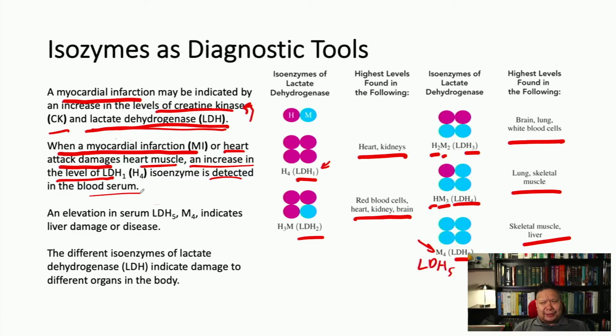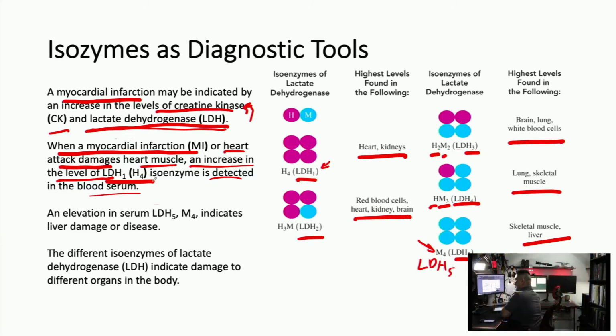And we're like, that doesn't sound right. You should probably go to the hospital and get checked out. And while she was at the hospital, they checked her levels of LDH1 in the blood serum, and they weren't elevated, so she didn't have a heart attack. I thought it was a heart attack, but I'm not a medical doctor. I just know that I've never had a problem with spaghetti sauce causing me pain in my arm. But luckily, she didn't have a heart attack, and she got home pretty easily, with no issues.